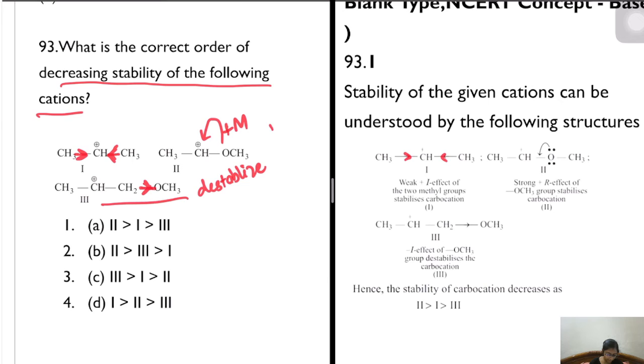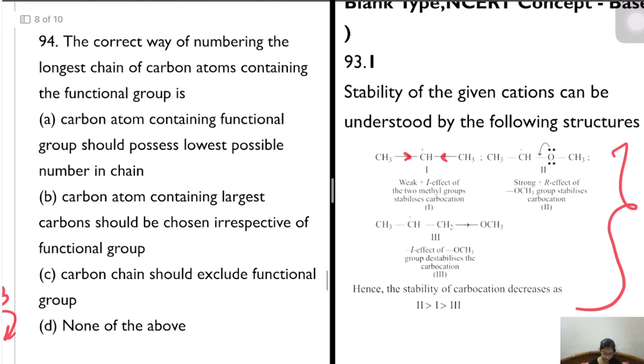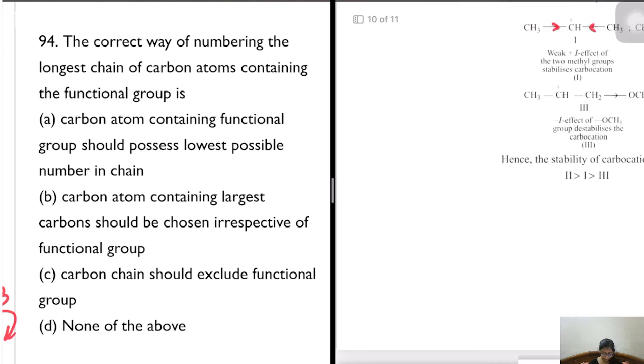So what is the order? 2, 1, and 3. So this is the correct answer. This is what I just explained. You can look at the explanation later. Just pause the video and see. Now